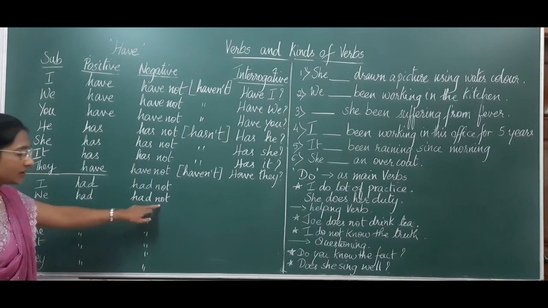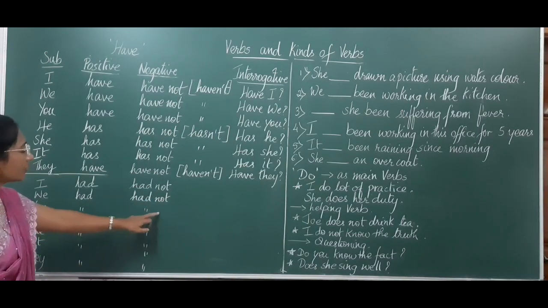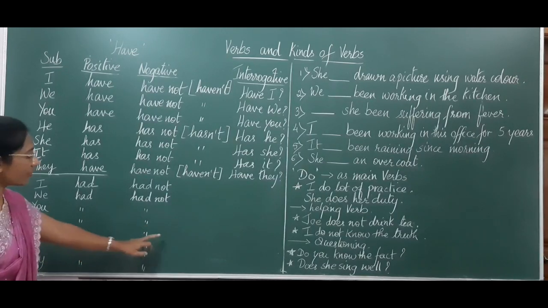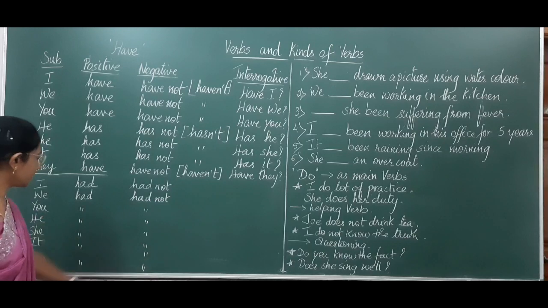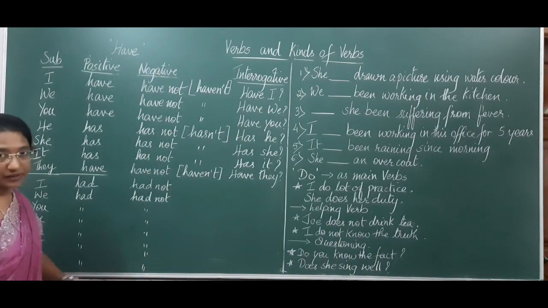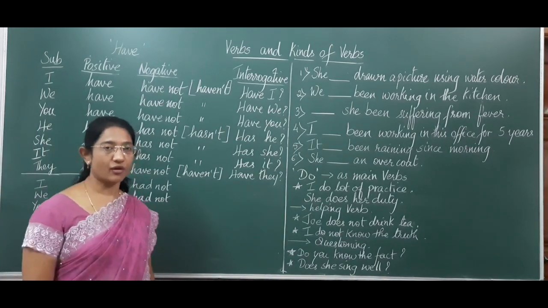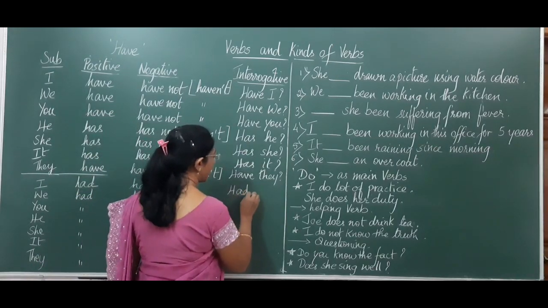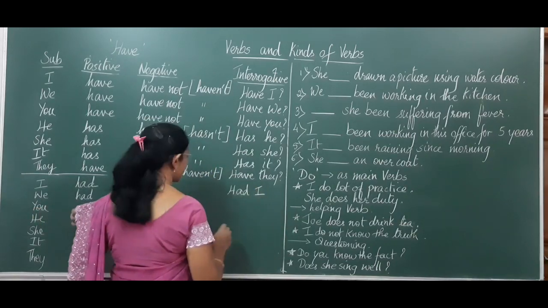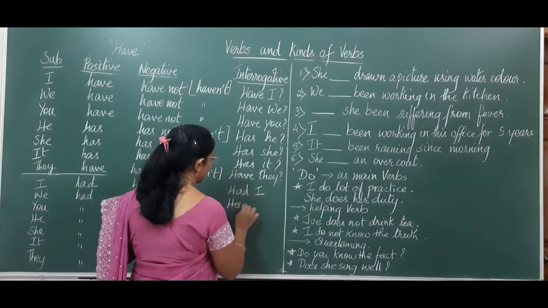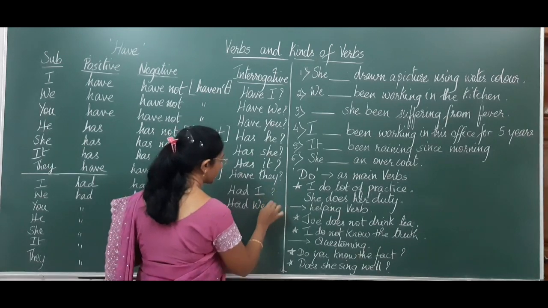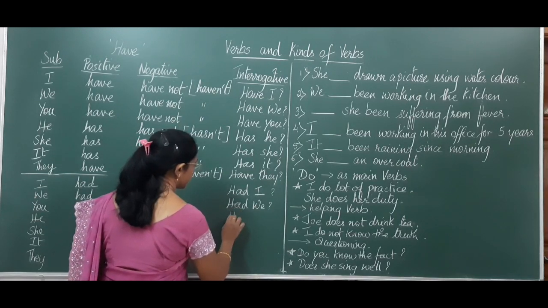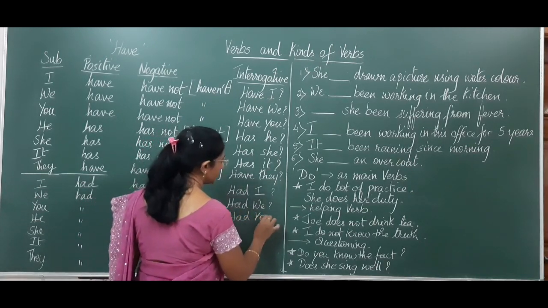We had not, you had not, he had not, she had not, it had not, they had not. In the interrogative form, it becomes had I. Next, we had becomes had we. Next, you had becomes had you,